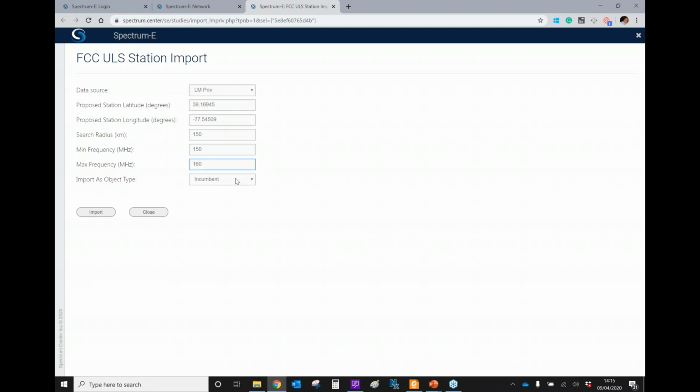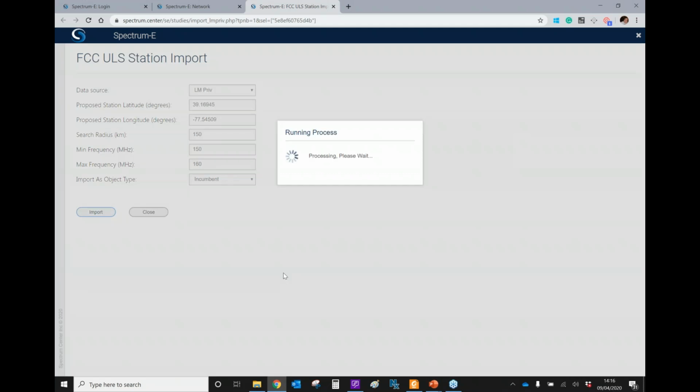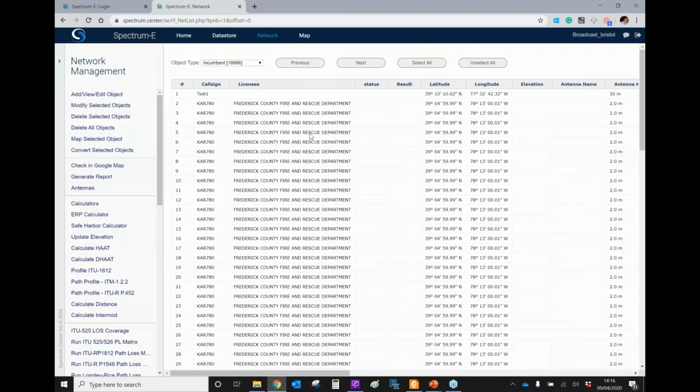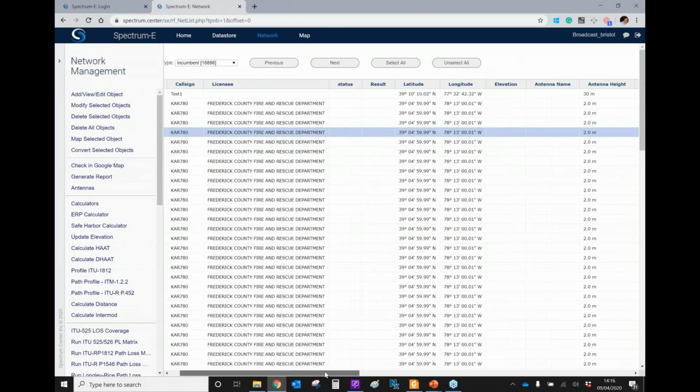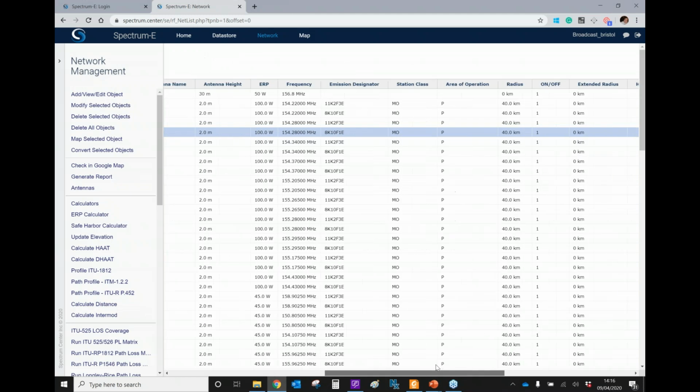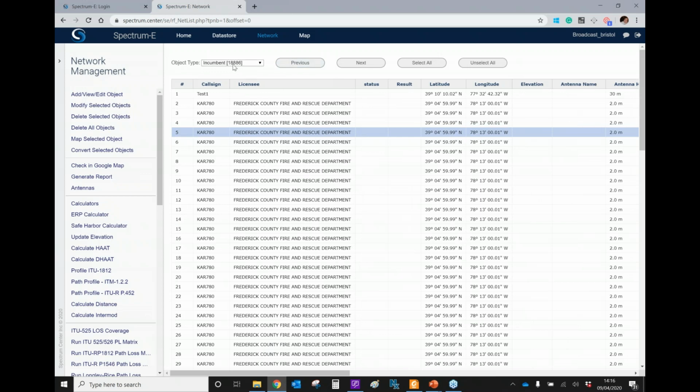And what we can now do is very quickly import our existing site database. It could be an existing network, and we can import that. Within a couple of seconds, we'll have that data imported with the parameters for each station here. As we scroll along, we can see we've imported the parameters and any information that sits within that database. We can see the power. So that is 18,000, just about 19,000 stations, very quickly imported,